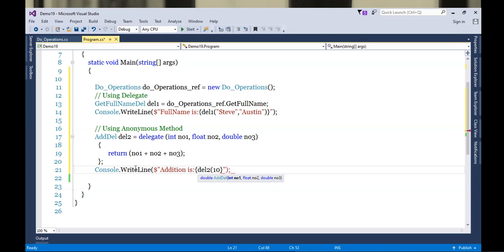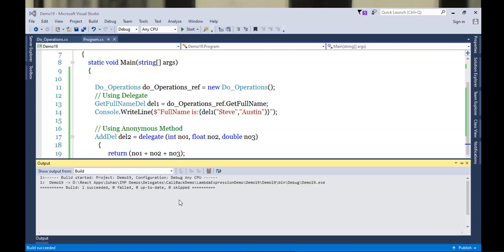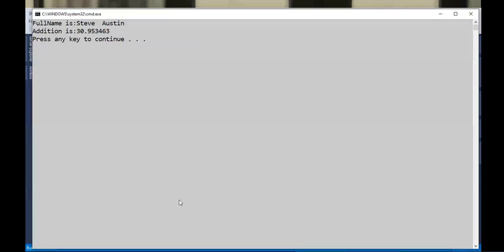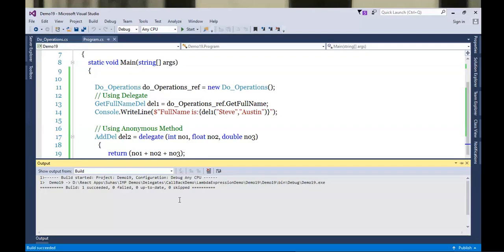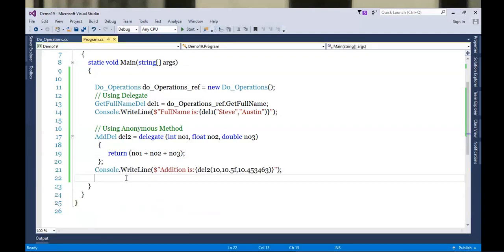So I will specify 10 as the first value, 10.5f as the second value, and some other value like 10 point some more will be specified. So if I run this now, I'll be getting the answer.